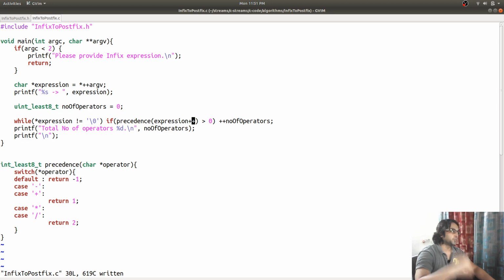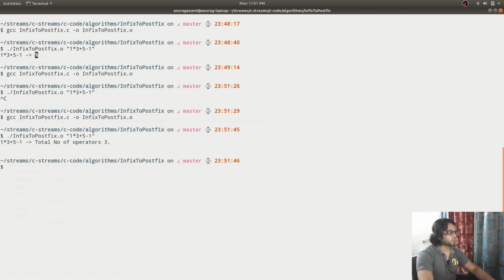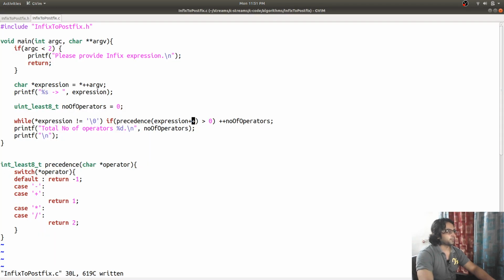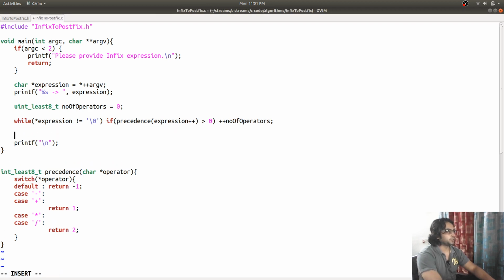We need to keep moving to the next character, so we need to increment that pointer. So the number of operators is 3, and we agree with that. Remove it. Its work is done. Our code is running correctly.